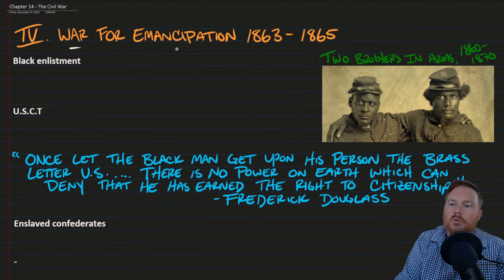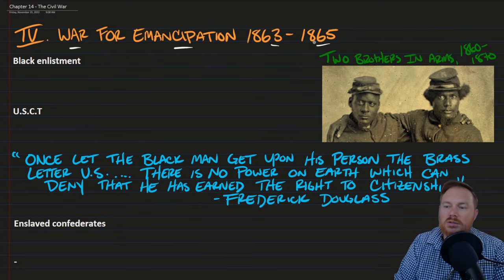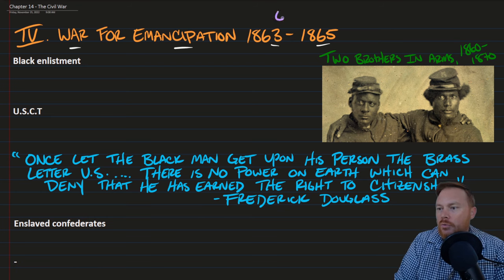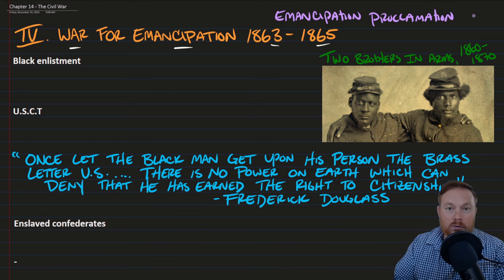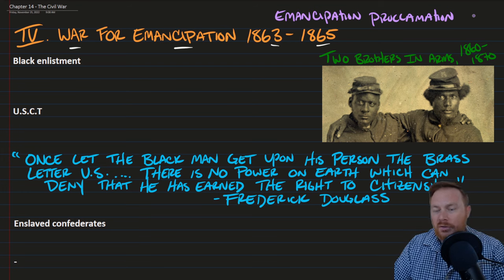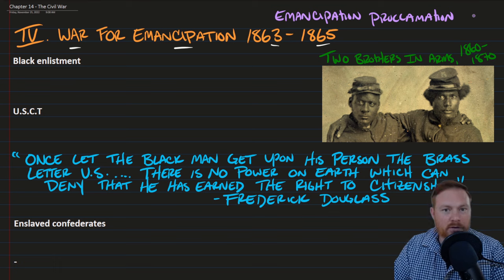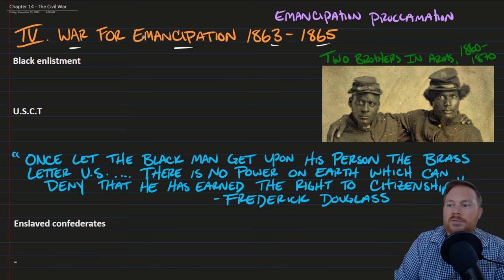Section 4, War for Emancipation, 1863 to 1865. So one of the key points during the Civil War was Lincoln's Emancipation Proclamation. And we mentioned in the last section how this made the war explicitly about the abolition of slavery. That became part of the conditions if the Union were to win. However, it had an impact on the war in more than one way. And one way that it changed the war was the way in which Black men would serve in the war directly. That is to say that the Emancipation Proclamation paved the way,